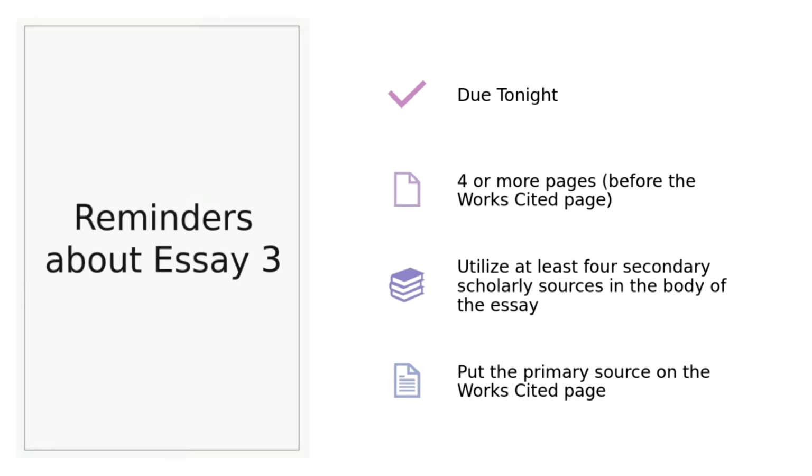Also, make sure that the primary source that you're using is listed on the works cited page. Because if you don't have the primary source on there, even if you're citing things in text, you're not citing to anything, because your reader can't look at your works cited page and see which edition they should be using. So again, for the most part, you guys are good with this, but there's a good chunk of individuals who are forgetting to do this. So make sure that your primary source is on your works cited page. That'll knock you down a full letter grade if you don't have that. So please, please, please make sure that you copy and paste that. Now, you can find the primary sources for all of the editions that we use in class in the course readings tab.